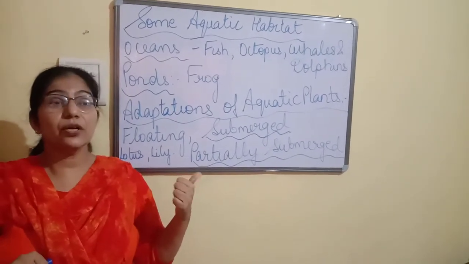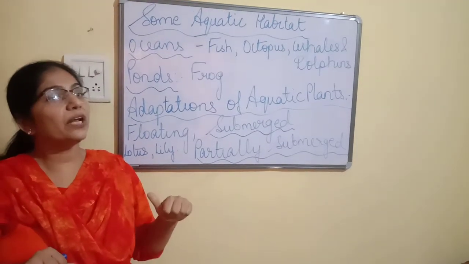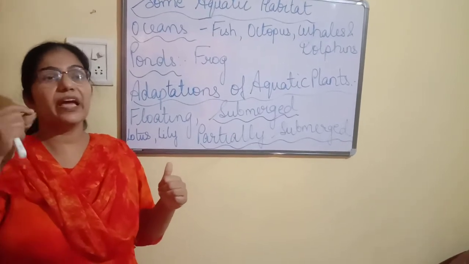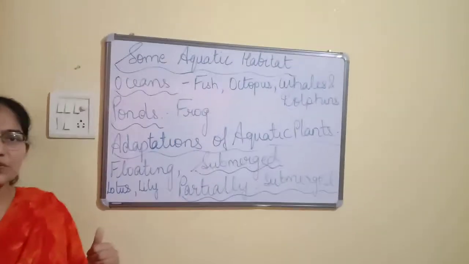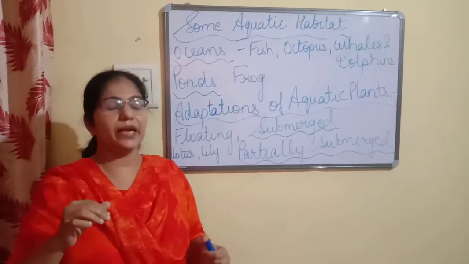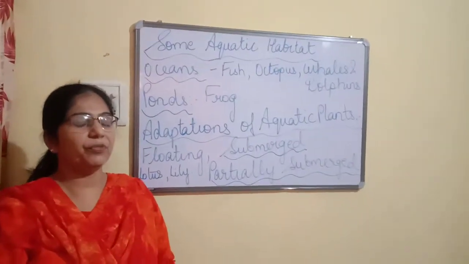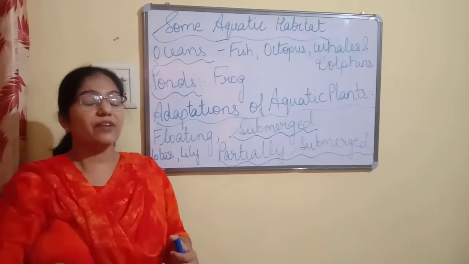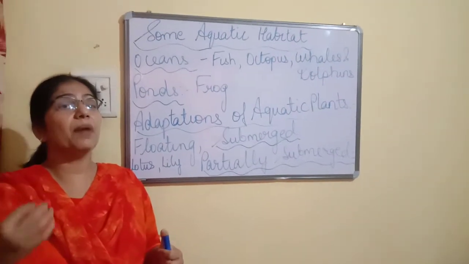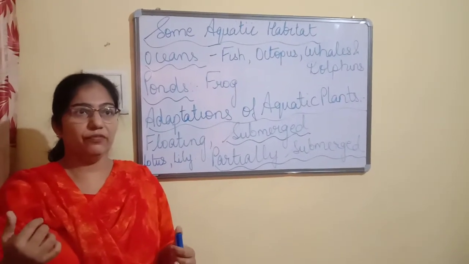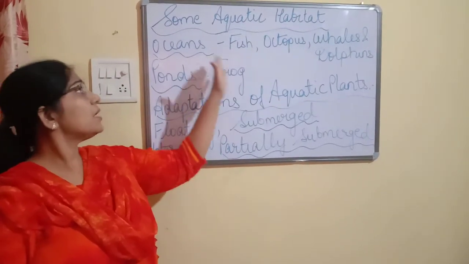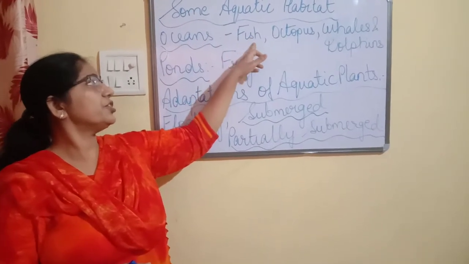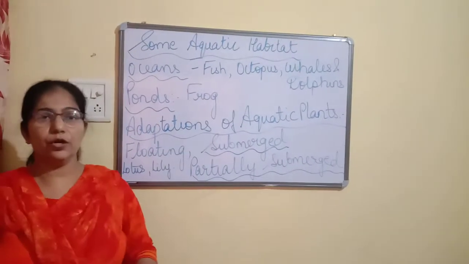You must have seen, children, dolphins and whales. They do not have gills. Then how do they respire? They have blowholes or nostrils, we can say, which are present on the front part of their head, through which they take in oxygen. You must have seen dolphins, children. They come up and then they go down. Why do they do so? Because they come up to breathe in oxygen from air. So this is about the adaptation of animals in oceans. We have discussed fishes, octopus, squids, whales and dolphins.